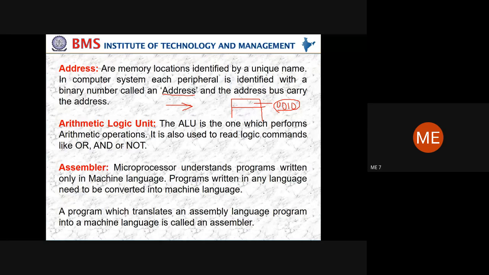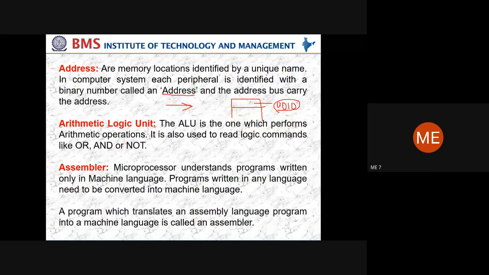Now, the number of address lines of a CPU determines the capacity to identify different memory locations. That means the total number of address lines is important. As an example, if the microprocessor has 4 address lines, you can access 2 to the power of n memory locations, where n is the number of address lines. If you take 4, 2 to the power of 4 gives the number of locations that you can make.